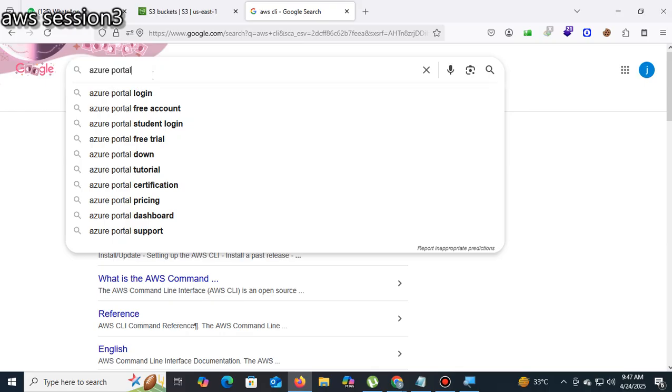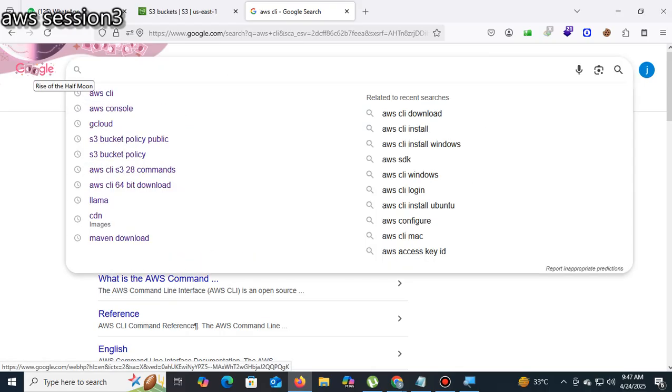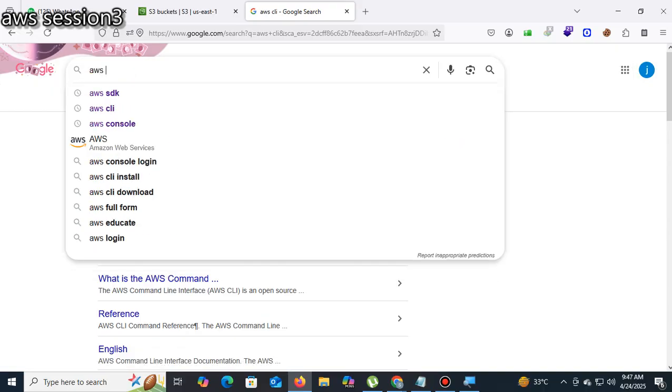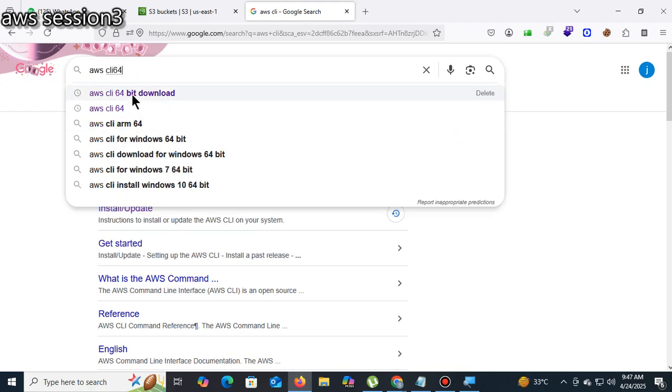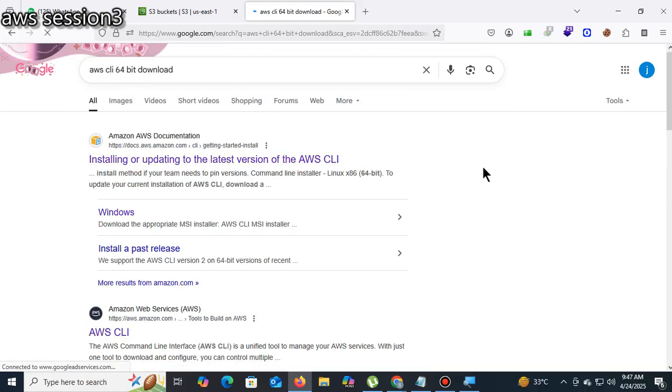Okay. So now, how do you manage the AWS services through the CLI or command prompt? First, I need to download the AWS CLI 64-bit software to access the AWS services from my command line.